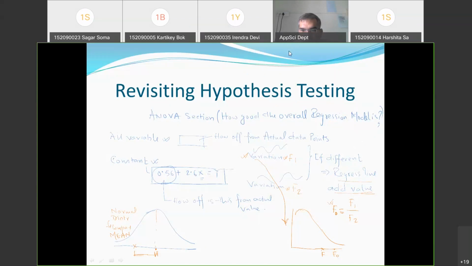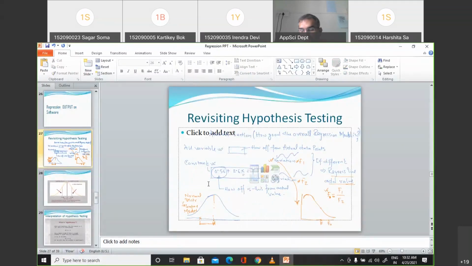Yes. It's somewhat clear, but I think if we take an example, then it will be clearer. So in the ANOVA section, this is how we analyze, we use the hypothesis testing concept. Okay, let us move on to the ANOVA section then. In the variable section, I'll discuss hypothesis testing again, how it is in the variable section. Then we will see.